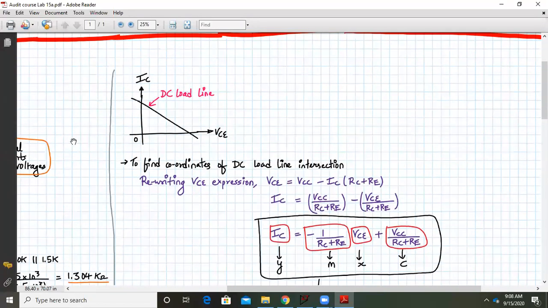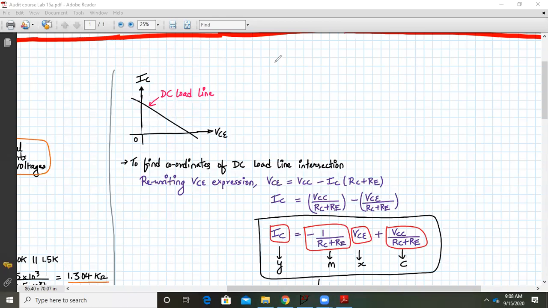So you must have studied the output characteristics of BJT. Whenever the output characteristics intersect this DC load line, now I will tell you shortly what this DC load line is and what its significance is. Basically the Q point will lie on the DC load line. Okay. And whenever my output characteristics intersect with this, let's say I am drawing like this. So let me annotate. So let's say I am drawing my output characteristics like this.